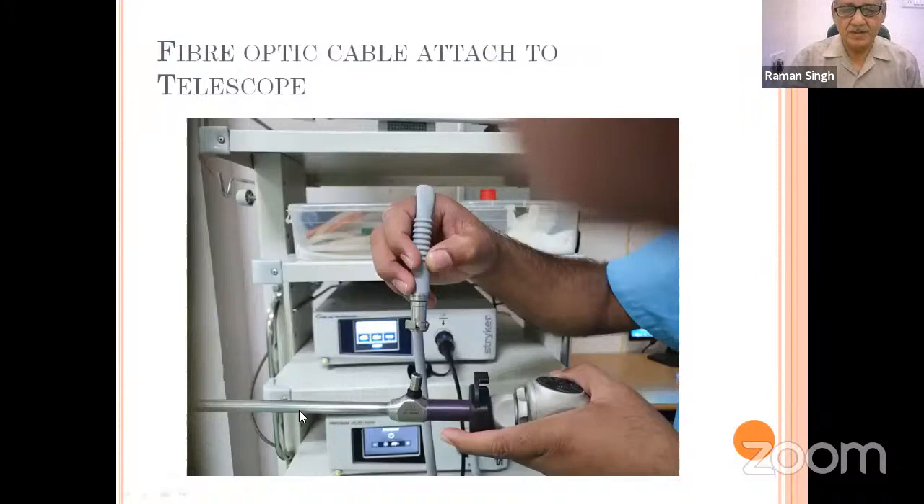The 5 mm telescope gives a lower vision, whereas the 10 mm telescope gives a bigger vision. So in laparoscopic surgery, we usually use this 10 mm telescope. Somebody uses a 5 mm telescope also. It depends upon the practice. So after attaching the camera and the light source over the telescope,